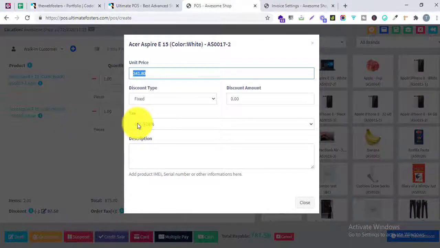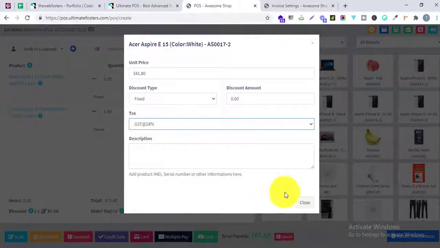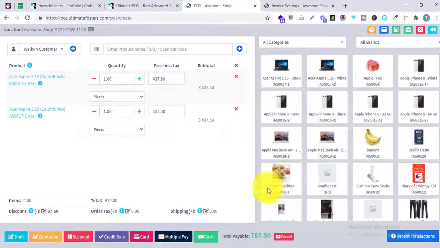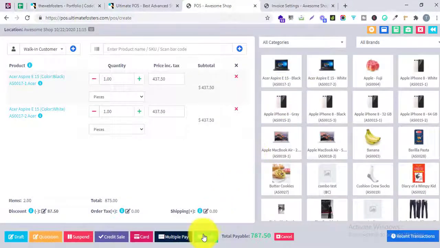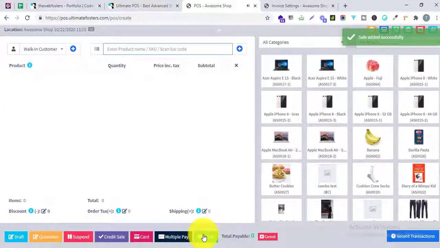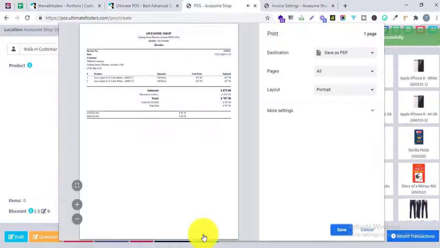One thing is that I am selecting the GST tax rate here, but you can also set it as a default in your products. I can go to each individual product and set what tax rate will be applied for that particular product. Let me click on save here, and we will see how the invoice looks for this particular sale.